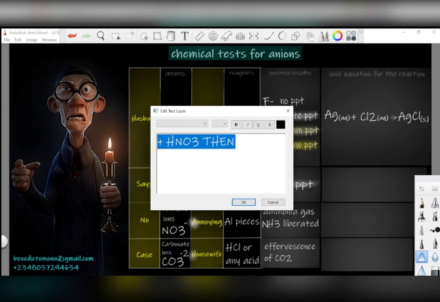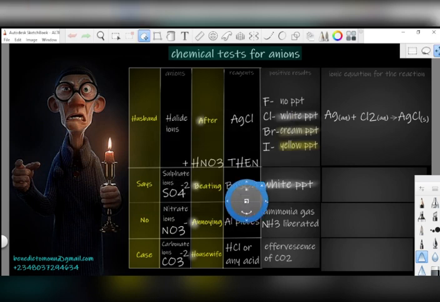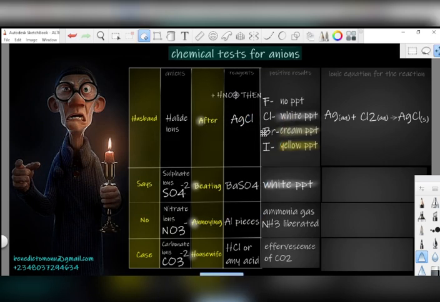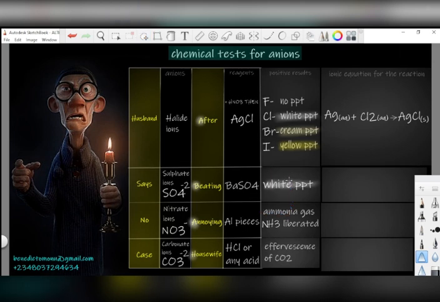Then you're going to add nitric acid. The question will always say the added nitric acid, then followed by silver nitrate. Once you hear silver nitrate, know already that they're talking about halide ions. Now, what you will observe, if the anion is a fluoride ion, is that there will be no